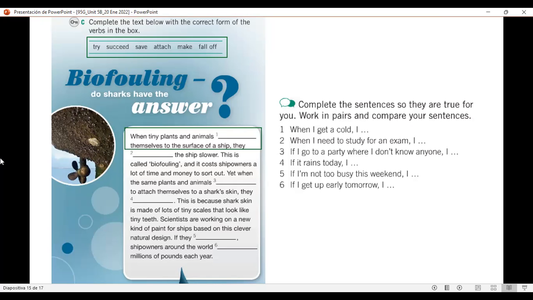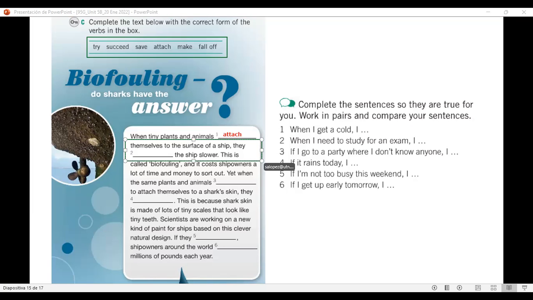When tiny plants and animals attach themselves to the surface of a ship, they follow. Okay, good. Let's do number 1 and number 2.